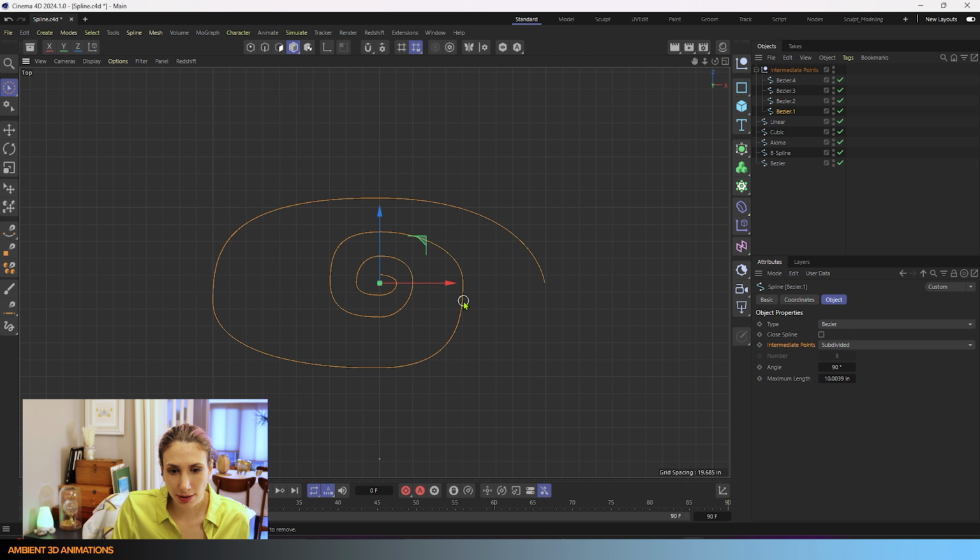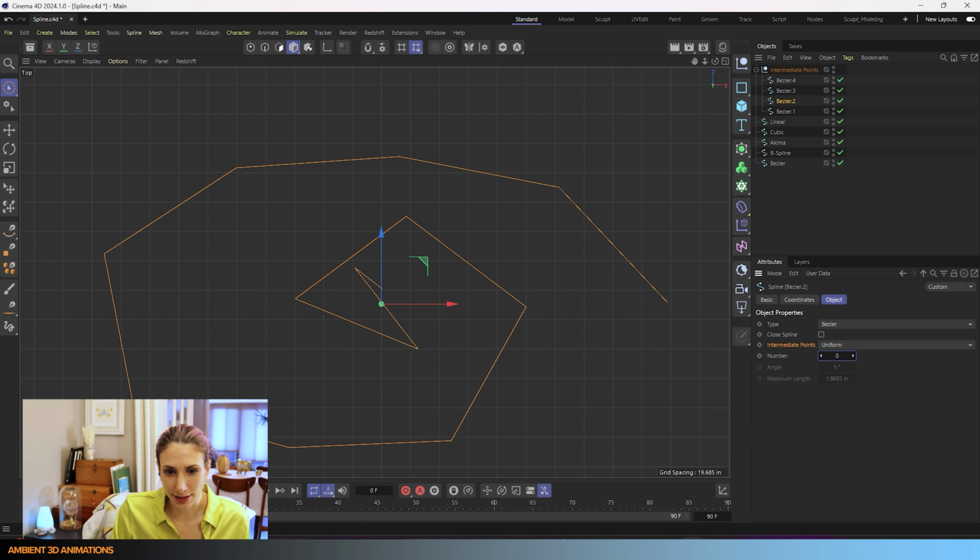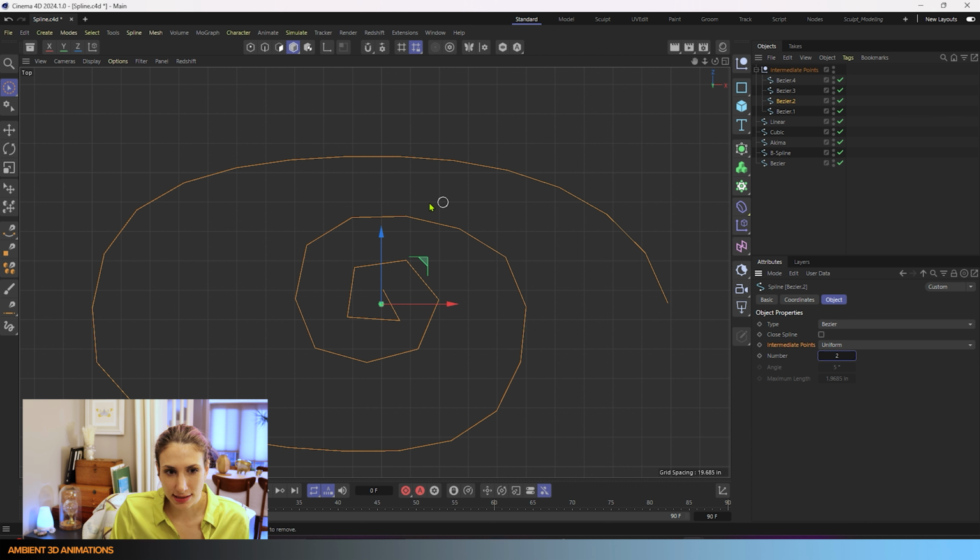Our next spline over here is our uniform spline. We have these main points here, and this will uniformly add in our intermediate points along the spline. They will be a consistent distance apart. Right now, we have 86 as our number. If we start decreasing the number of points, you'll be able to see them a little bit more easily, and this will become less detailed.